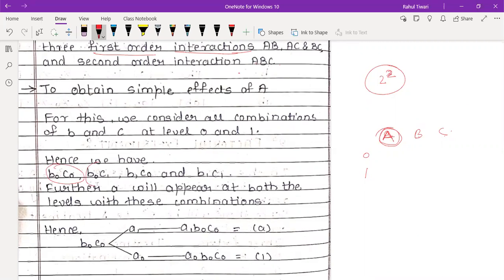Can you understand these combinations? How did you get these combinations, everyone? I hope it is clear. It's very simple. You are interested to get the factor A, so you will measure over B and C. B with 0, C with 0 gives the first one, B with 0, C with 1, then C with 0, B with 1, and then C1, B1 gives this combination. And these are my treatment combinations. Once you get these, you have to measure this treatment combination at level 0 and 1. That means A0, A1.